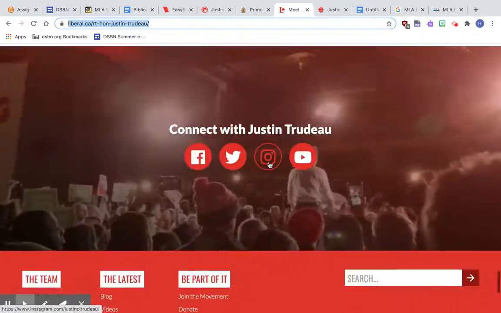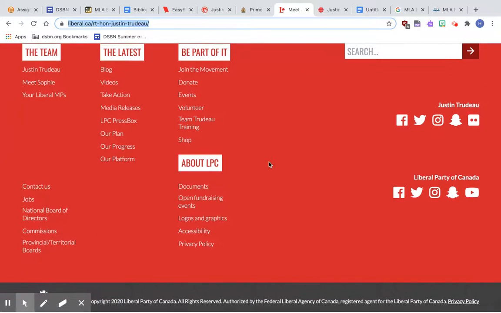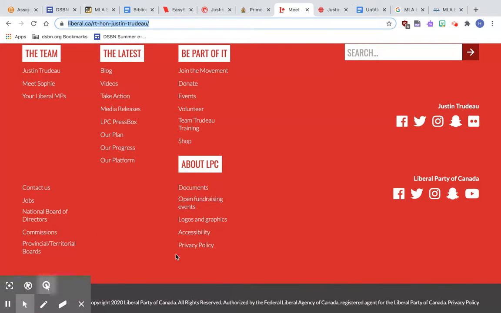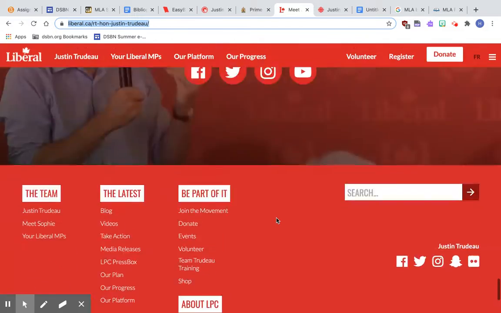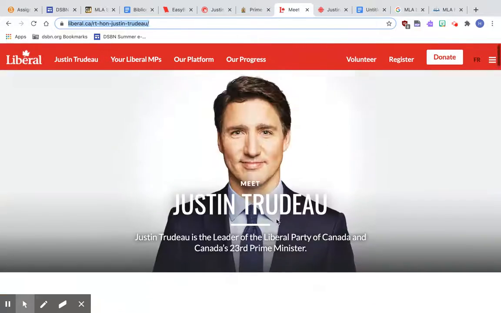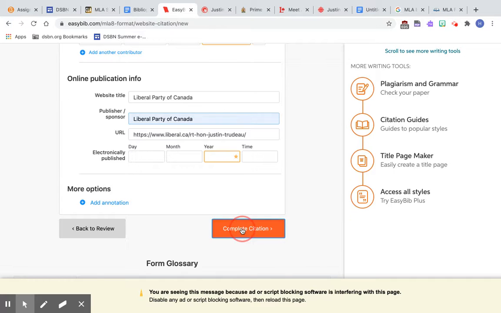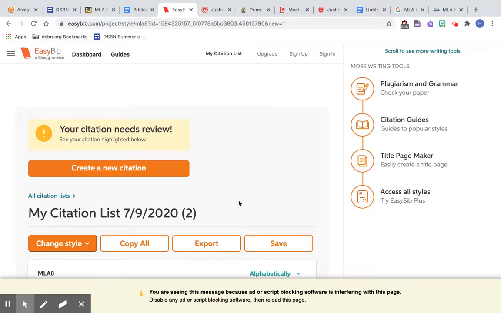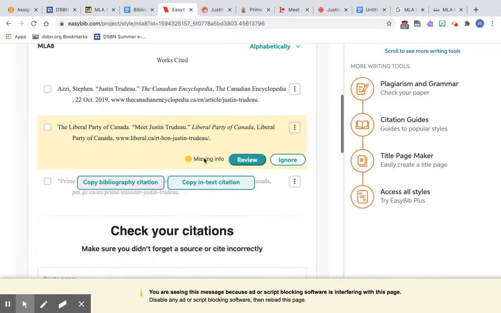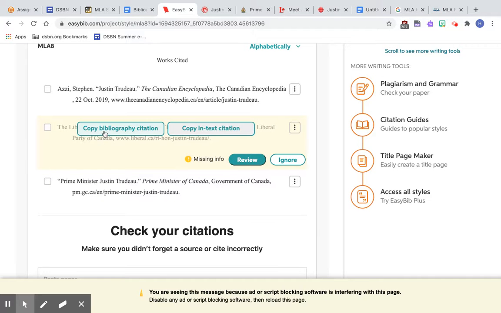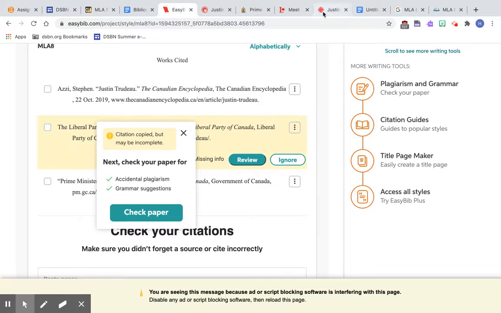Scroll down to the bottom. I see a copyright date, but I don't see any date when this article was written. So again, I'm just going to leave that date blank. Okay, we're going to go complete citation and scroll down. There's my citation. So I'm going to copy the bibliography,